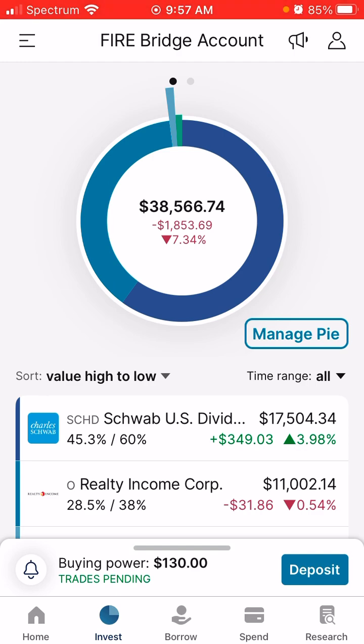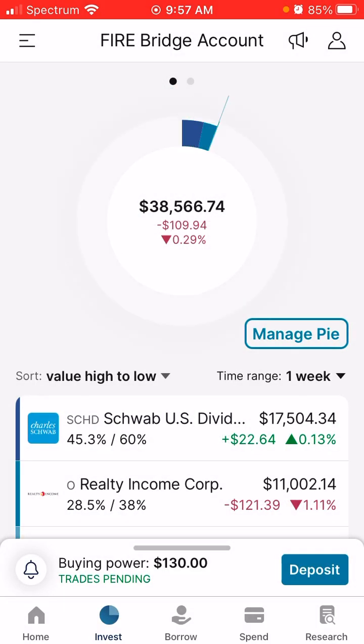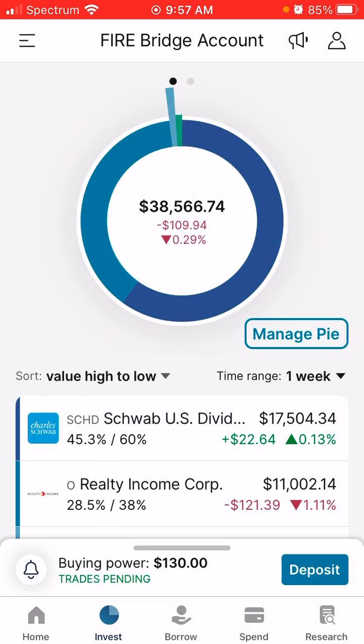This week, the balance on the account is $38,566.74. As we can see here, the account is still down overall. But let's go ahead and look at this past week's performance. So, not good. The account is down 0.29% or